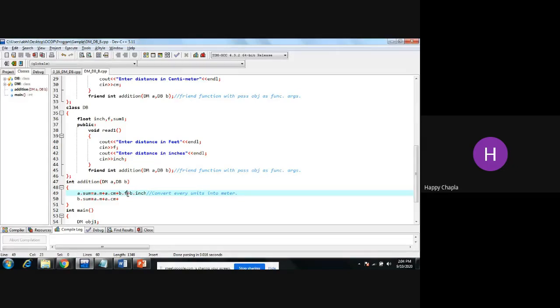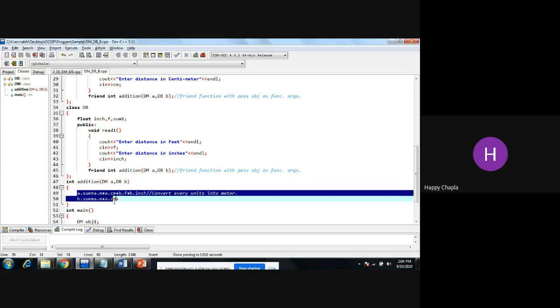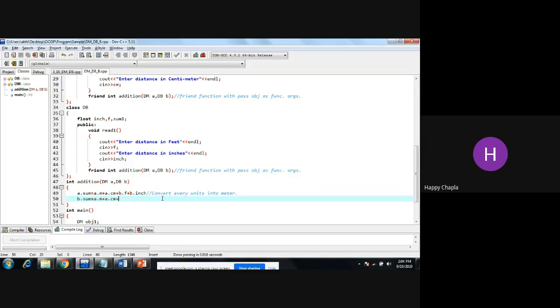Okay, you have to perform this conversion as I have suggested. See, I'm giving you one logic. If you have another logic, you can implement using that.